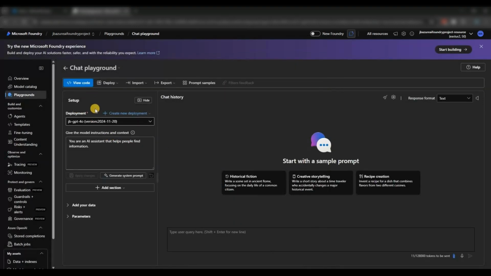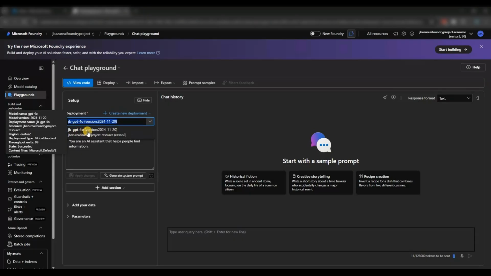So if you see here, it is deployed now. This one is no longer disabled, and I'm able to see that the JB GPT-4o, which I've created, is visible here. Now you have this model instruction. Right now, I'm not going to change anything. I'm going to keep this default one, which basically says you are an AI assistant that helps people find